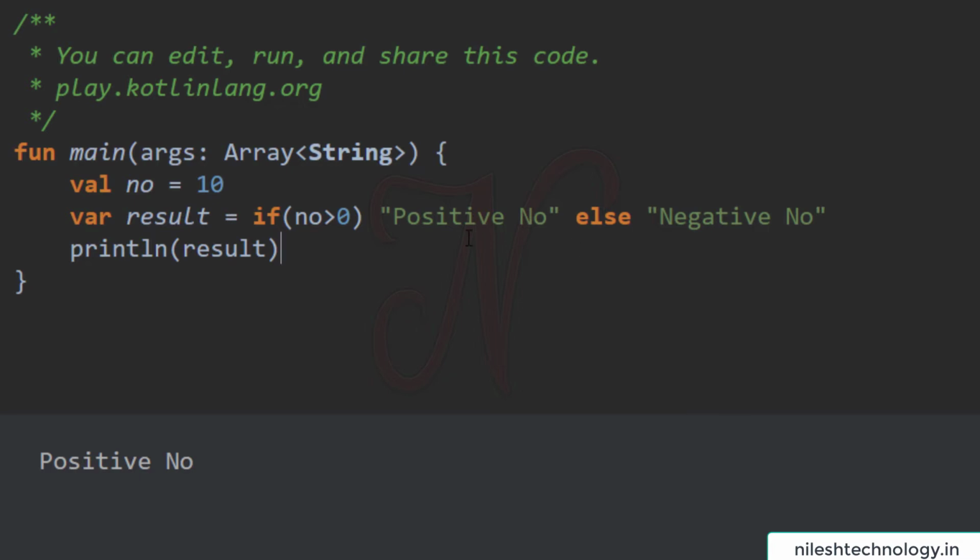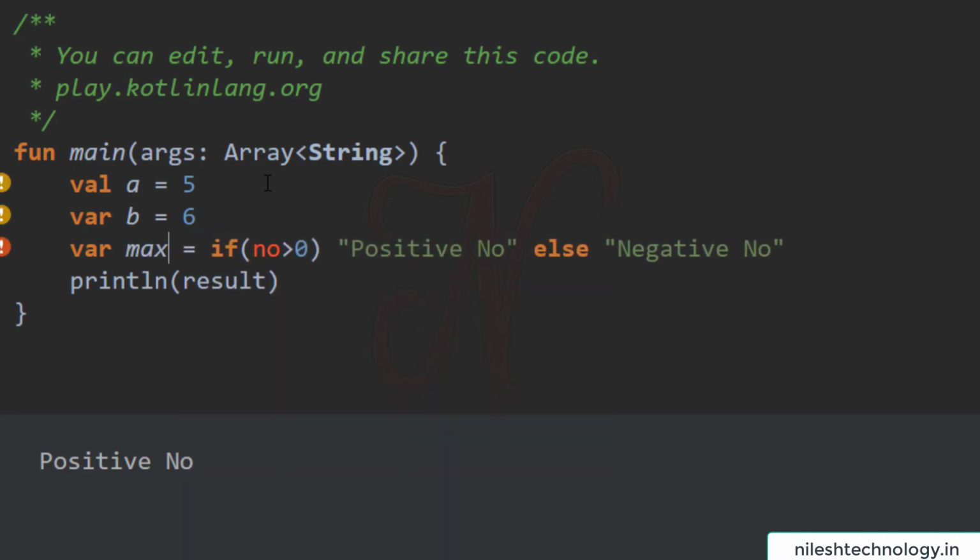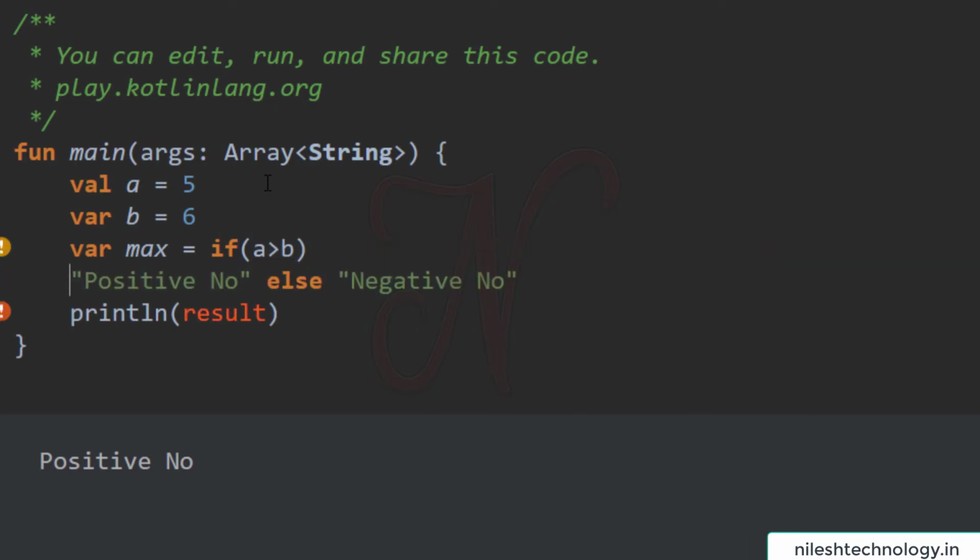Now let's see another example to find the maximum of two numbers. Here we define two variables, a equal to 5 and b equal to 6. Then here val max equal to, if a is greater than b, then println, and we define one message, a is greater than b.